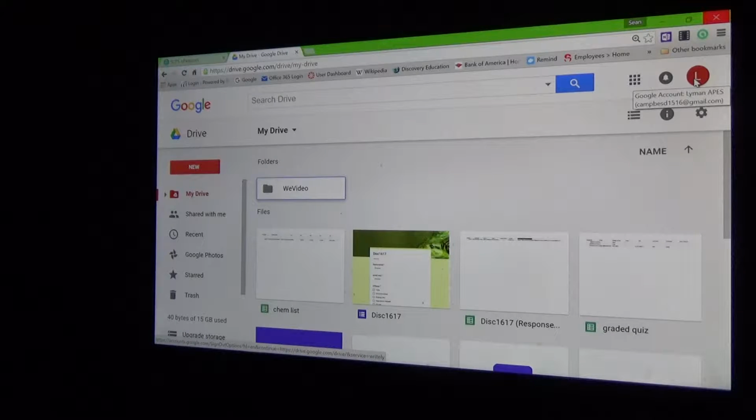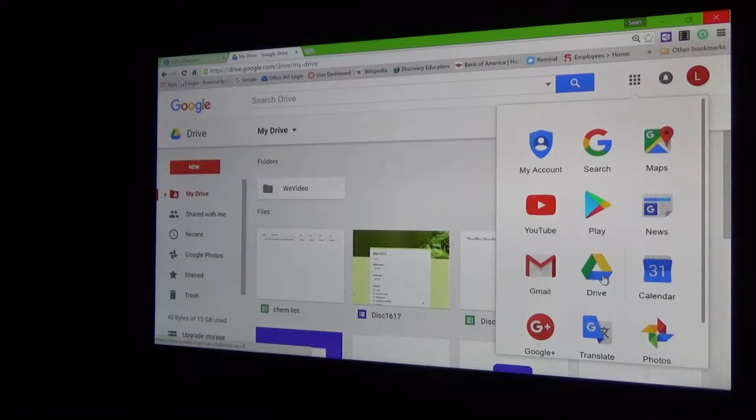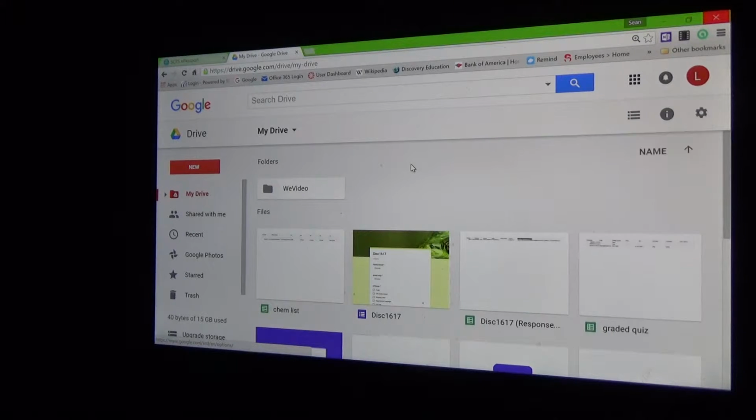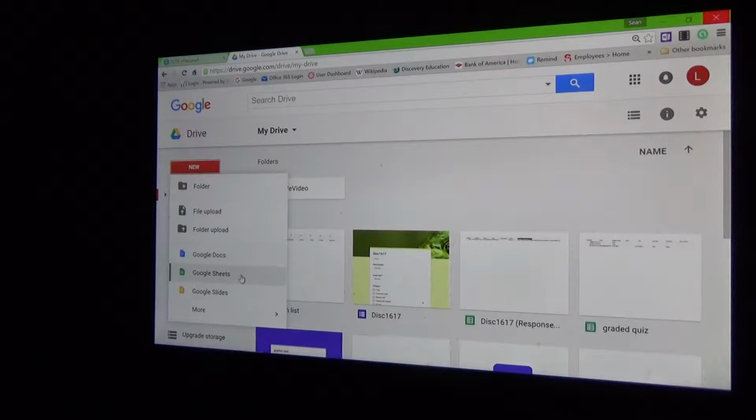So we'll start off by making a form, and to do that we go ahead and go to Google Drive. If you were looking at the menu there, it would be right there. It's the blue, green, and gold triangle. And then once you click there, you'll get to this particular section, and you want to make a new Google Sheet. And so we're going to click there,